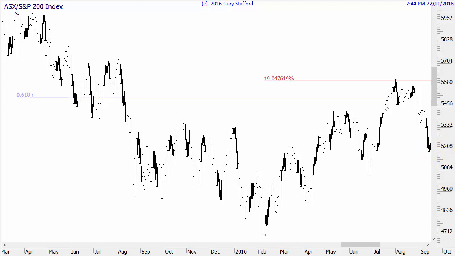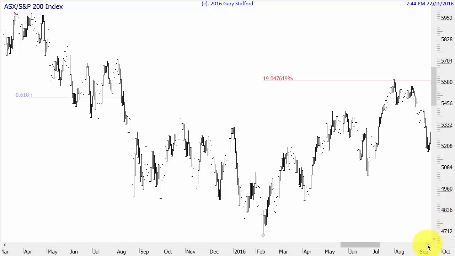I didn't put it as a focus signal because it actually got to the level when I made the video, and so it might have given me a reason to get into it the next day, but again I'd have the same problem: the market's closed when I get out of bed, so I can't make it. But it had a massive rise on that day and closed right near the high. Now I can't put my stop loss in a random place, I have to put it below this low, so my potential loss if it goes wrong getting in here, with my stop loss here, is too big, because you've got to make your losses constant.